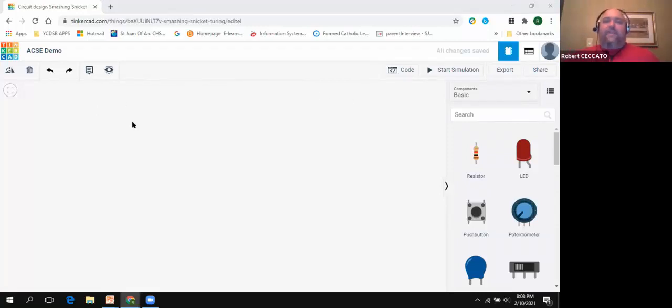So on your screen, when you first start up, you basically have a blank slate. And along the top, this will always take you back to the original screen itself. If you want to launch something new, you can rotate, throw stuff out, so your delete button, and then you have the undo, redo. This annotation is a cute little feature that lets you put notes on your stuff, and then this will allow you to make your idea private or public, so you can actually hide it or you